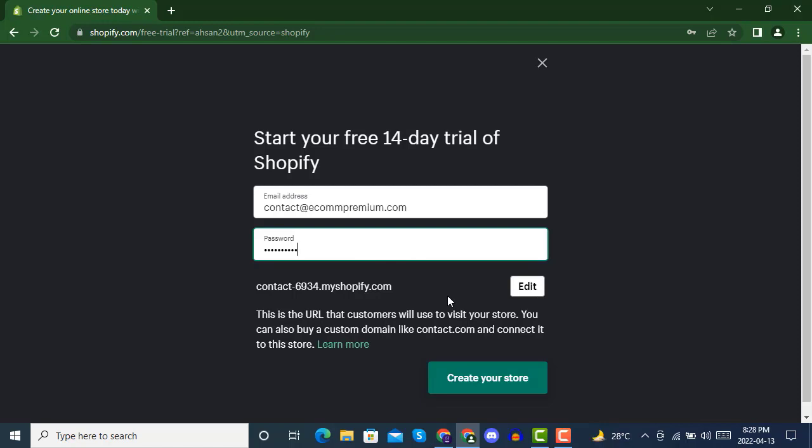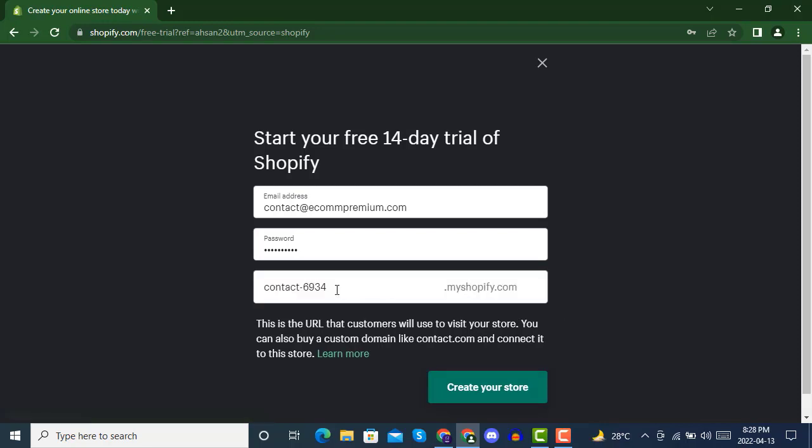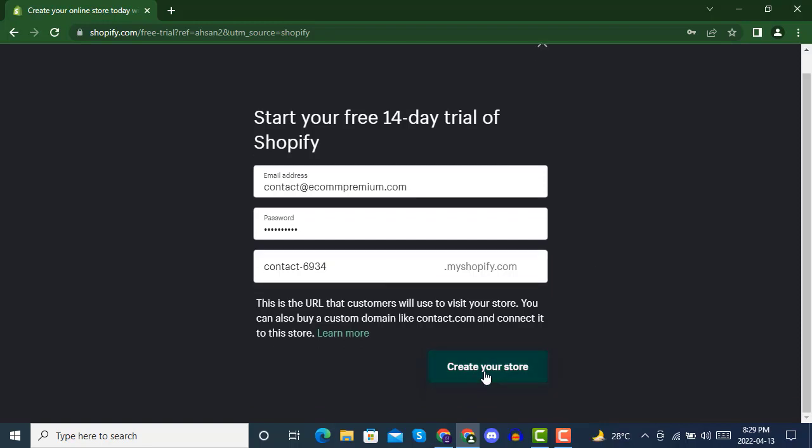And then you can also edit your store's default URL that will be with myshopify.com. So here we will be editing it, you can make it with your business name. The default URL can also stay like this, but this is not important because at the end you can replace this URL with a custom domain you buy from Shopify, or you can also buy from any hosting provider like GoDaddy, Hostinger, Namecheap, from anywhere. So we will keep it as it is, and when you click on create your store,